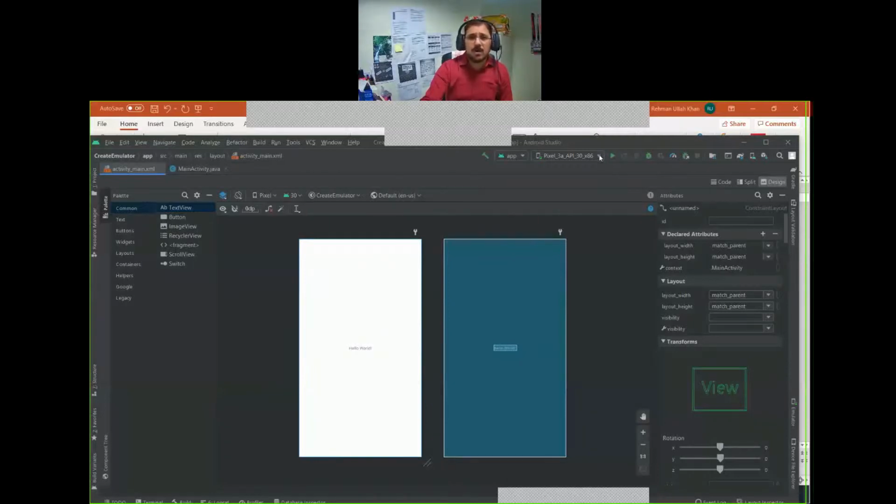From here, if you have different virtual devices, or a real mobile connected to the system, you will get all the options here. So which one do you want to run? Let's suppose Pixel 3, I think it should be the same. I should not change it, it will hang again. Then just click this run button, and the project will start running.